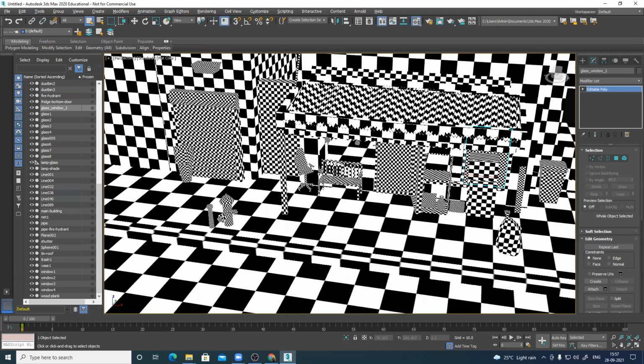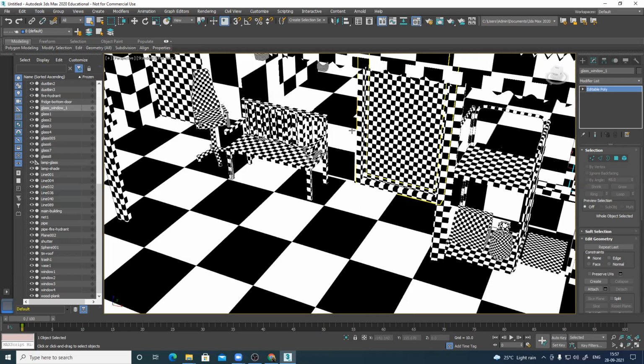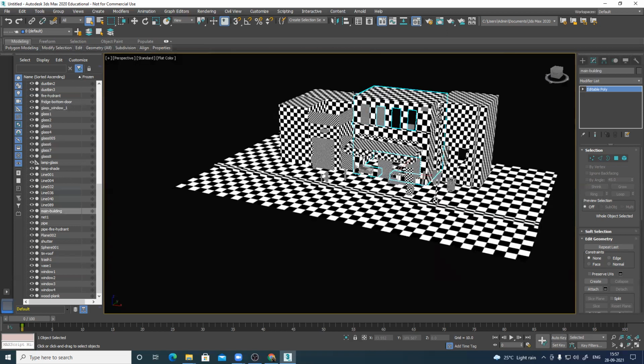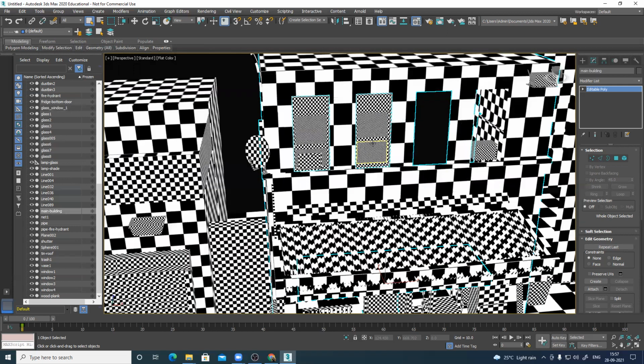Okay, let's see. Now, it's square only, because of the shape. So now this entire building has only one map. So what you can do is, that's fine.